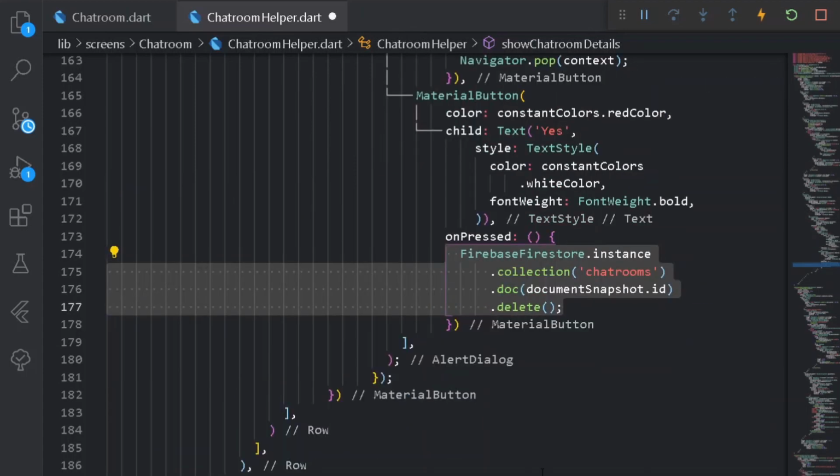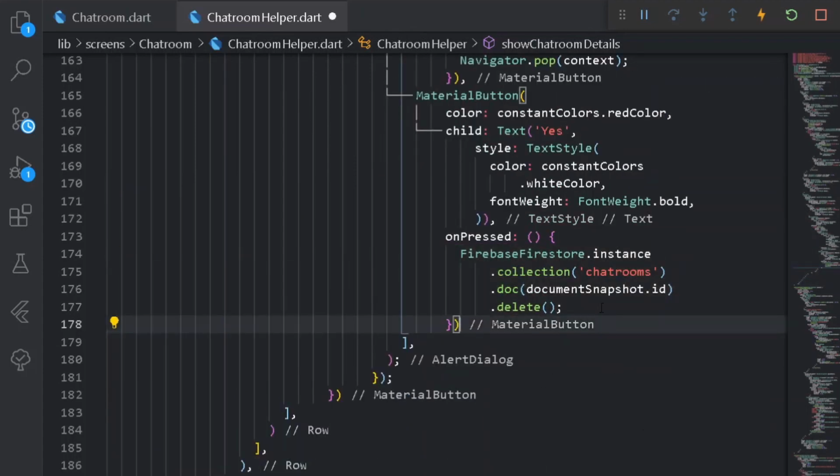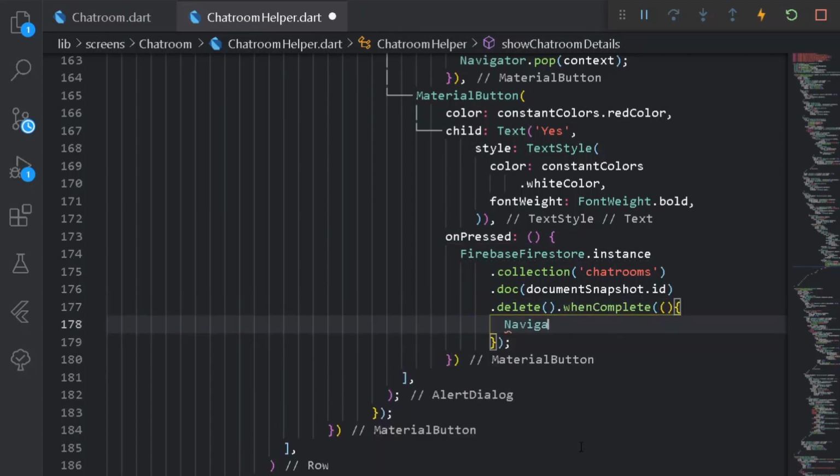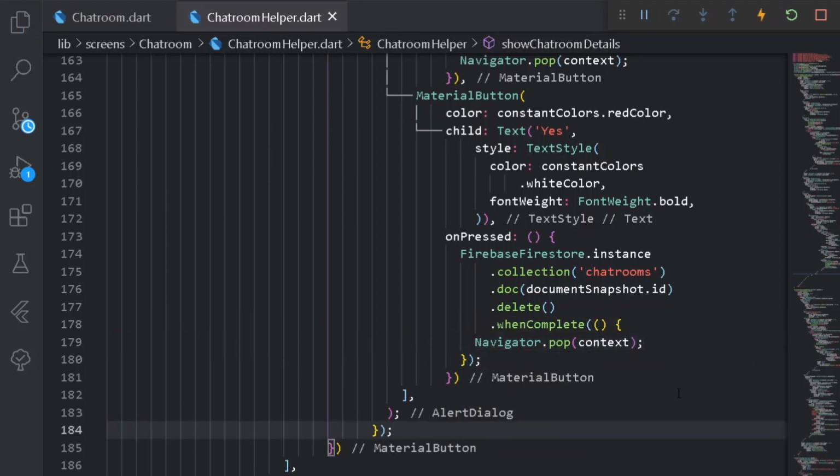Format document first, and here I can simply say when the following thing will be completed, we can simply Navigator.pop. So here let's have a Navigator.pop, easy. So let's try it out. So now let's open it one more time. Alright, we need to simply increase the following height of our entire bottom sheet.